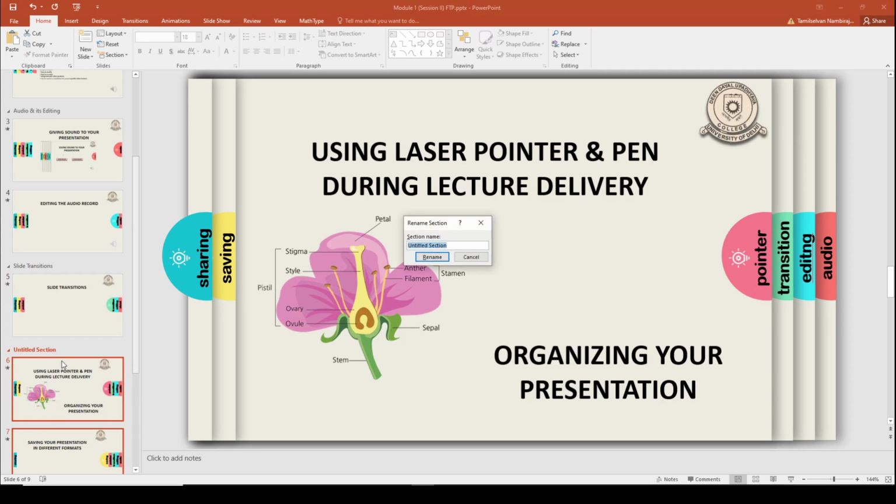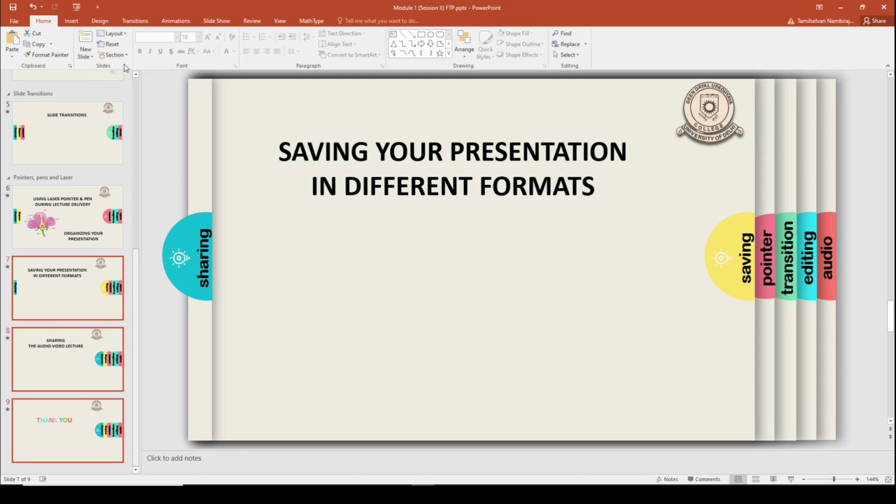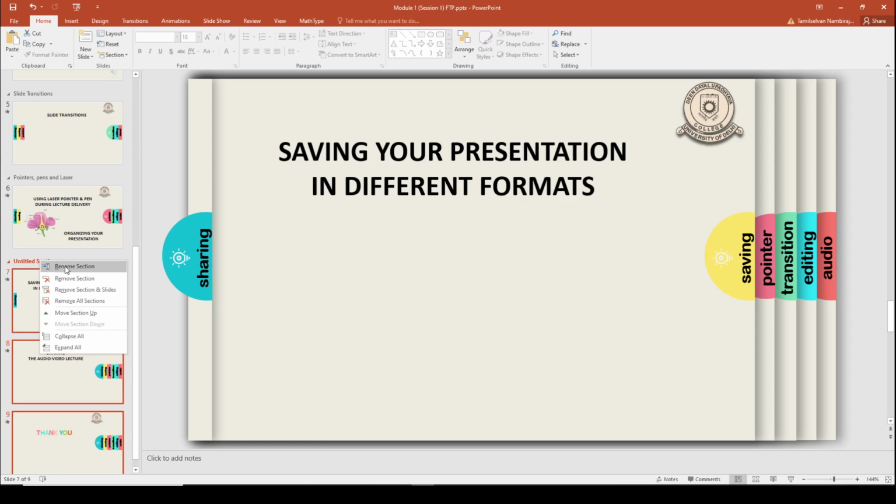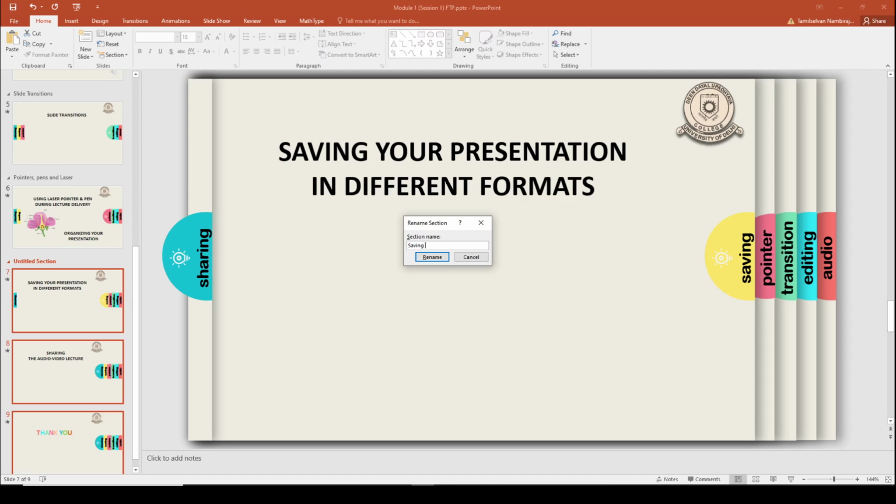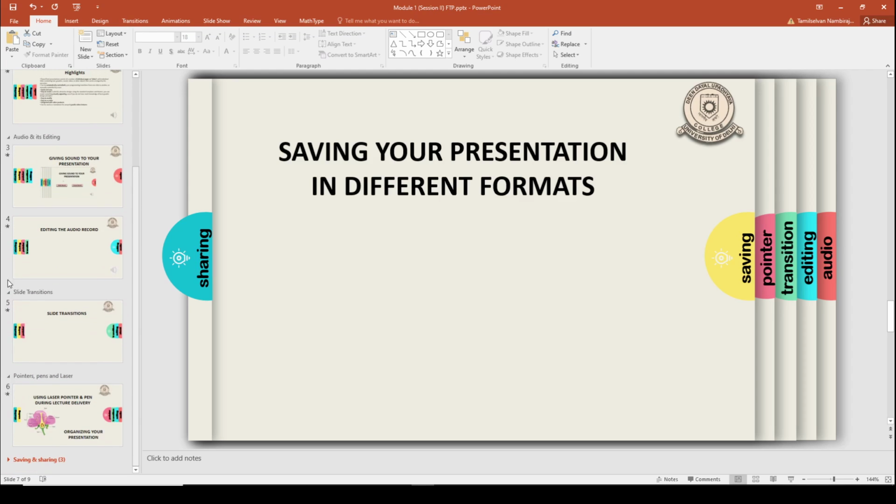Then another section, pointers and laser, pens and lasers. And suppose the last section I want to create is, for example, saving and sharing, right? So now I just have to click on this small triangular button and this section collapses.